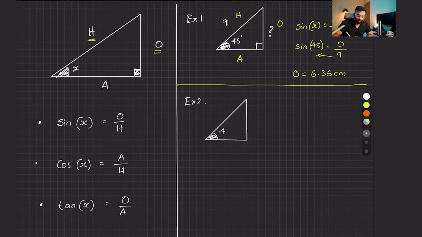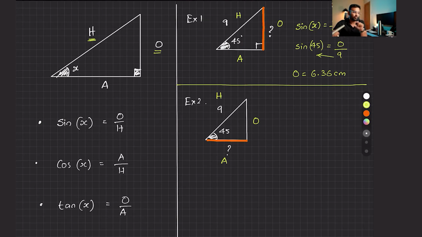We also have 45. This is 9. But the question is, what is this one? It's at the bottom now. Do you see the missing side, guys? The orange side, which I'm going to draw here. The orange side is the missing side here. So what do we do? We still name the triangle like before. So when we name the triangle, this is opposite, adjacent, hypotenuse.